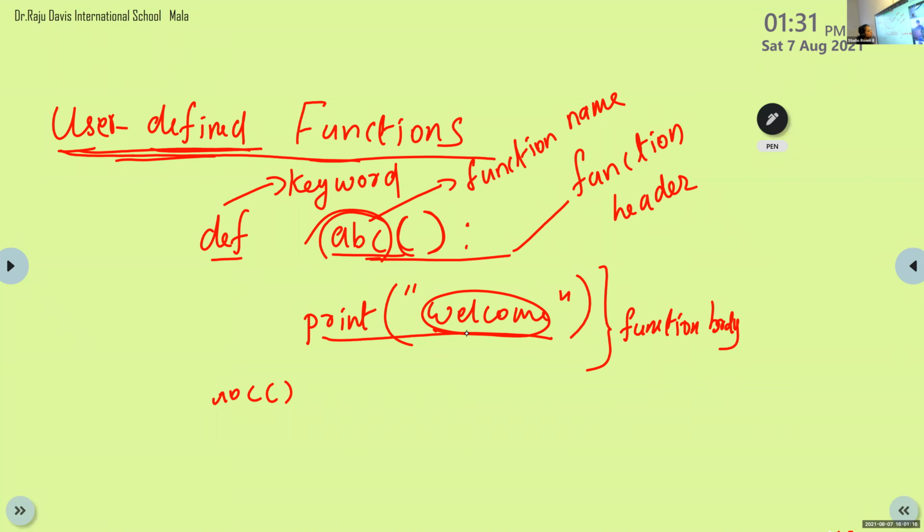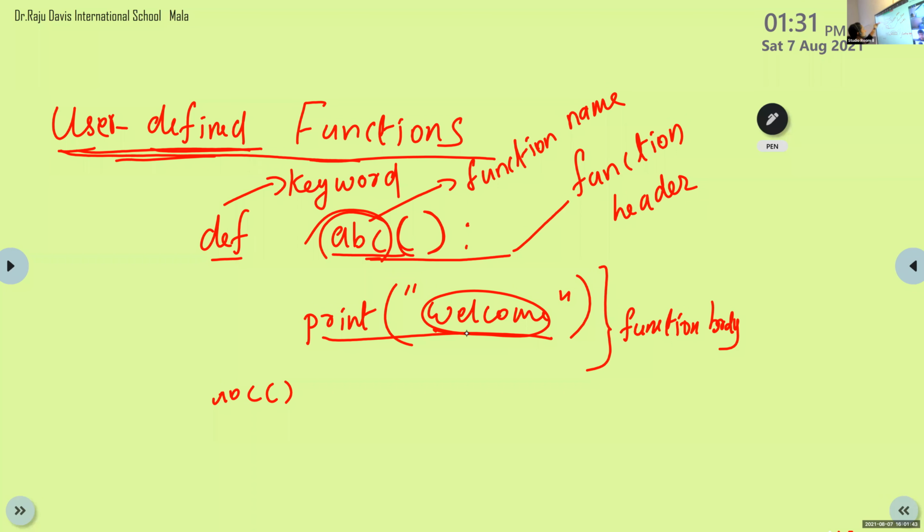For a complex program, we use functions for simplifying the program. If I want to write a calculator program, in that calculator program, we have already done it. In that calculator program, 4 functions are there for calculating sum, subtraction, multiplication, and division.